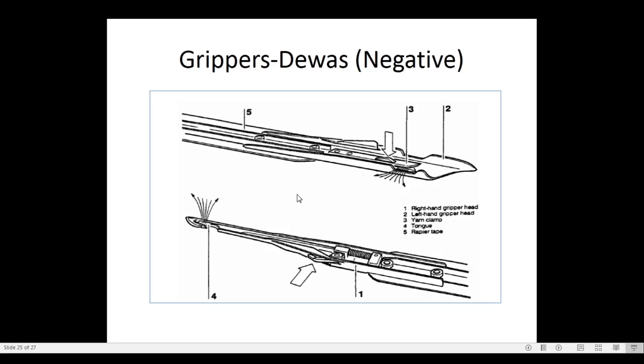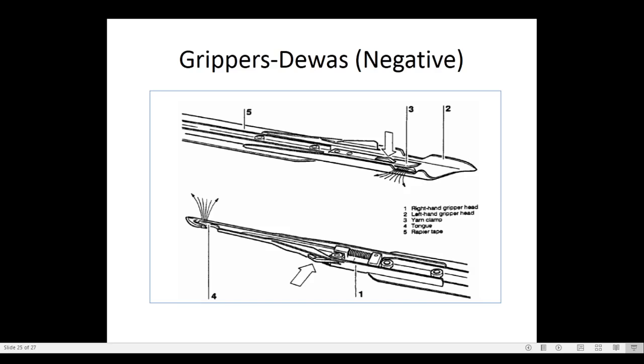Again from the center the weft is transferred from the left hand rapier to the right hand, and this transfer is again automatic. There is no external element to open this clamping device. Clamping, holding and releasing are automatic here. So that's why it is called negative. Again the weft is gripped here automatically and it comes to the receiving side. By pressing this, the weft is released here automatically. So there is no external device during